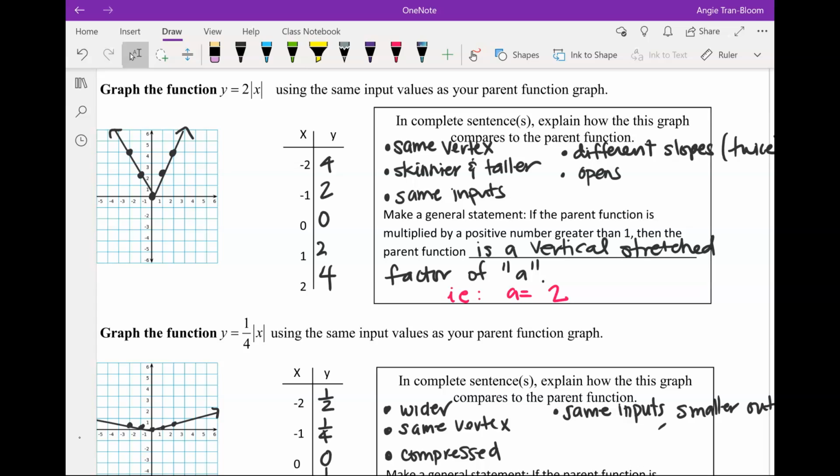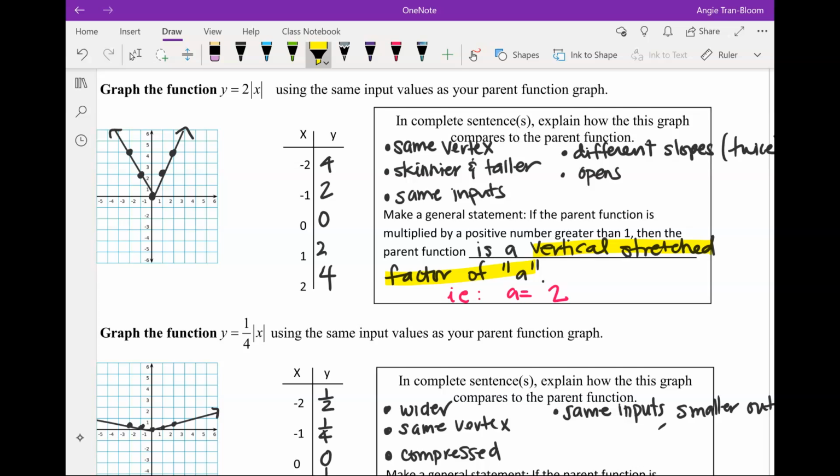Then we move on to the next exploration and we multiply the parent by what? 2. How did that change the parent? Made it taller. So formally, it's a vertical stretch factor of A. A in this case is a value of what? 2. So when you take a 2 or 3 or 9.9 multiplied by the parent, it's a vertical stretch factor